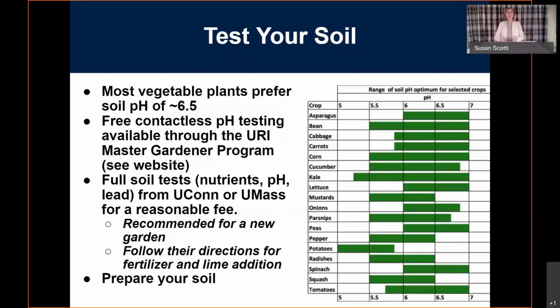Then they send you back what it comes out at and what they recommend. You need to add lime, you need to add this, and they'll give you amounts to add to your soil and different types of products that you can add to your soil, whether it's a bone meal or depending on what your actual soil needs, which is great. So then you can go ahead and get your soil ready. While your little seedlings are under the lights in your basement, but there's no snow in the garden anymore, you can go out there and start preparing your soil and mixing in things based on the directions that they send. Next